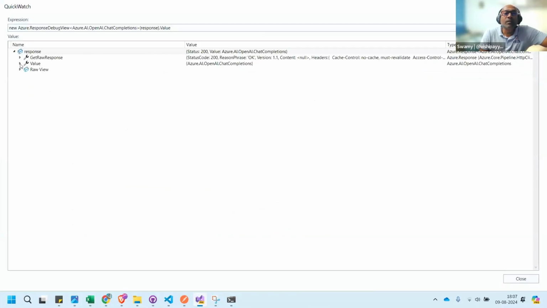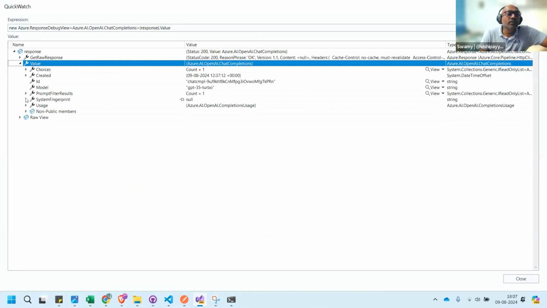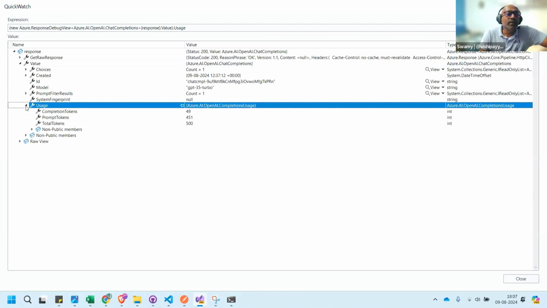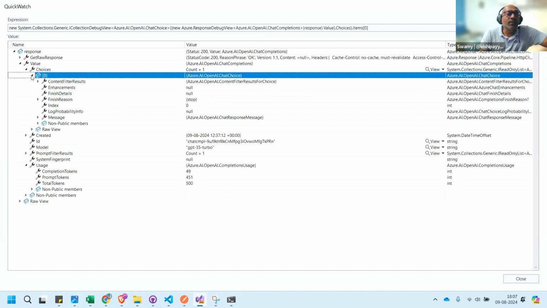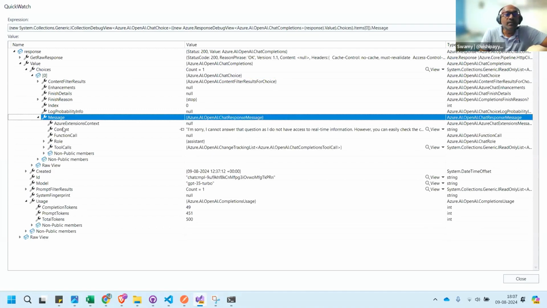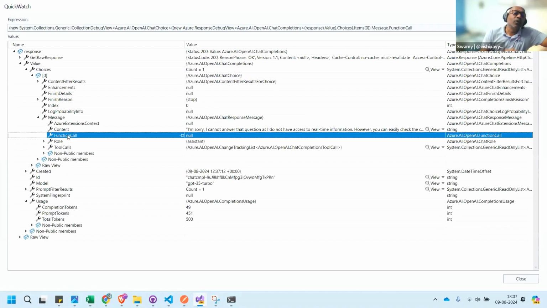The fingerprint is there, and usage shows the same tokens. And here in choices of 0, messages, function call.